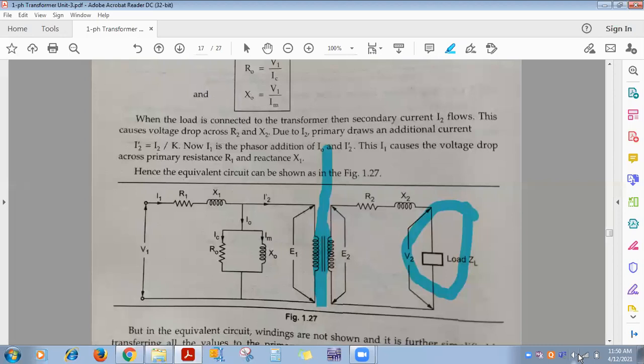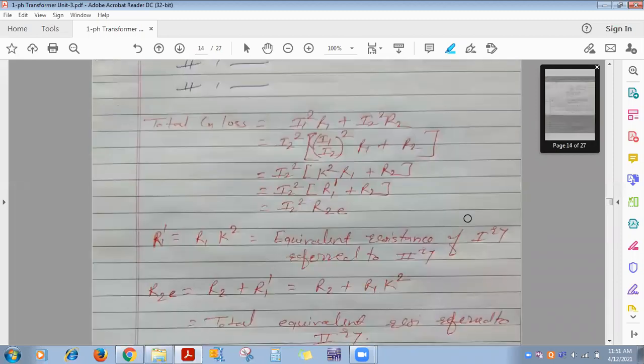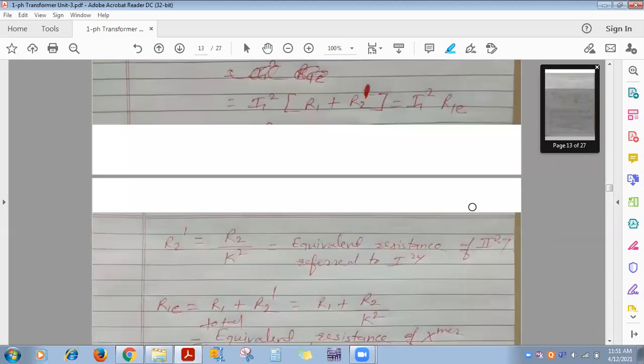It will be there. We have seen that the flux in the core remains constant from no load up to full load condition. What does it mean? And we have seen also that iron loss, core loss is a constant loss. That time I told you, although you go on changing the load on the secondary of the transformer from no load condition up to full load condition, iron loss, core loss remains constant.